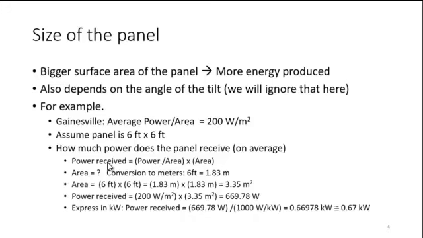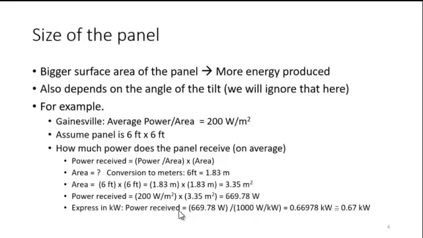So the power received is going to be whatever power we get per area multiplied by the area of the panel. For the panel we have 6 feet. We need to convert that into meters. The number I'm going to use here is 1.83 meters. So the surface area of the panel will be 6 by 6, or 1.83 by 1.83, which works out to 3.35 square meters. The amount of power received then is going to be 200 watts per square meter multiplied by 3.35 square meters, which works out to